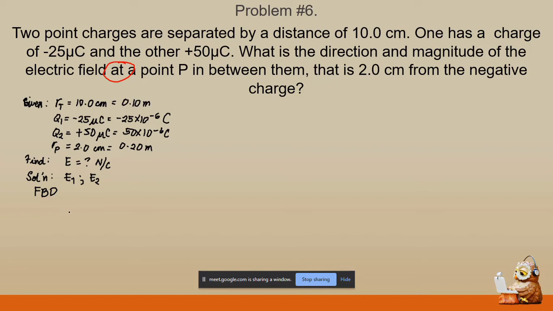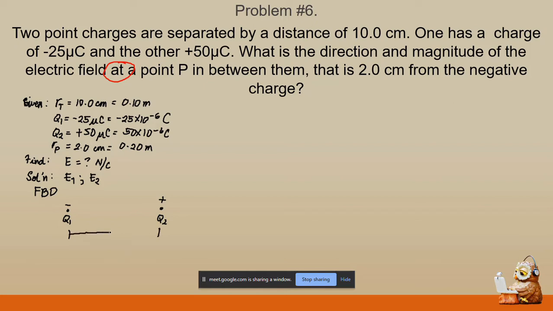All of that is assumption simply because it is not directly given by the problem. Here we have Q sub 1, which is a negative particle, and here our Q sub 2, which is a positive particle. Now, the distance between them is 0.10